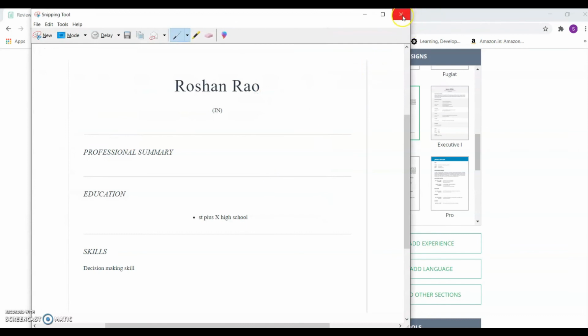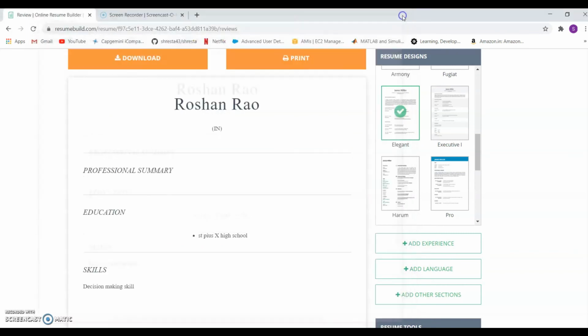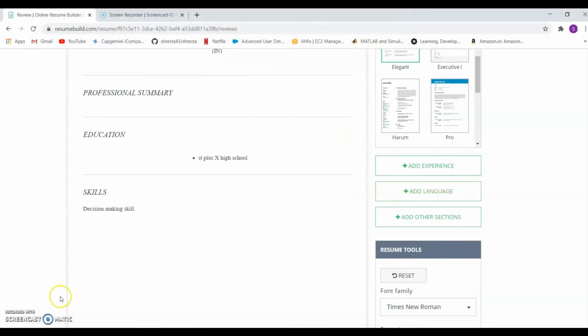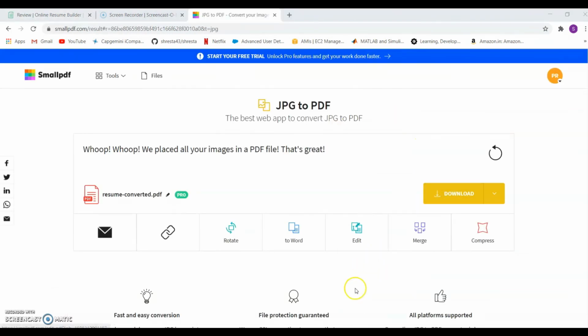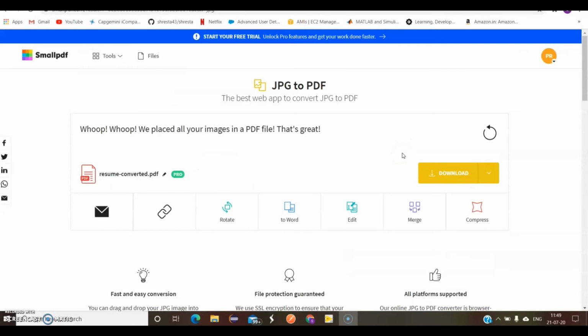Now in order to convert my JPG format to PDF, I'm choosing an online JPG to PDF converter in order to convert my image to the PDF format. You can also convert it to Word or any other format, which the options are included down below. So that's it, guys. You can download it and use it. It will not cost you anything, so it will save you a lot of money here. And this particular trick I have implemented for myself, and if you like it and you feel it useful, you can also implement it for yourself.